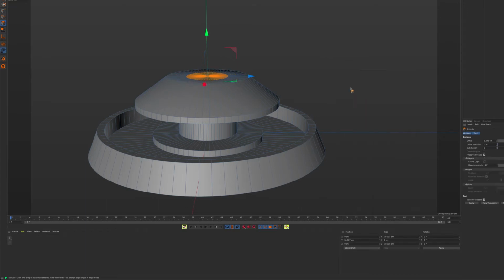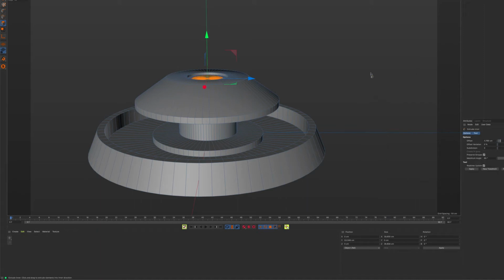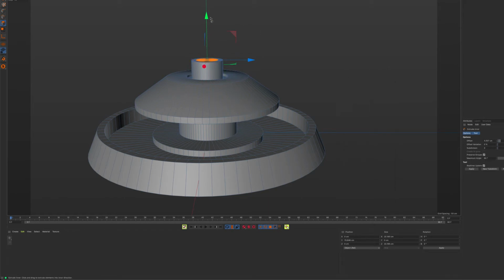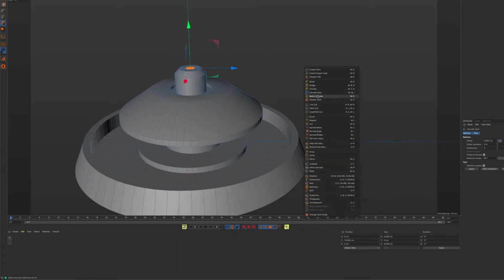Let's do extrude, and this time go in, extrude inner. I'll move this one up again so I get that repetition of that kind of shape there, which I kind of like. Extrude inner, and